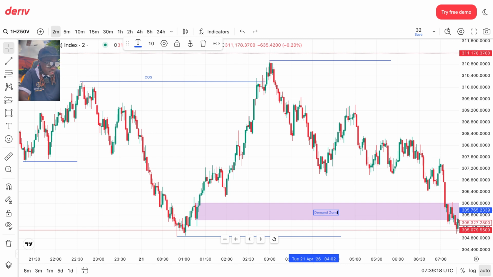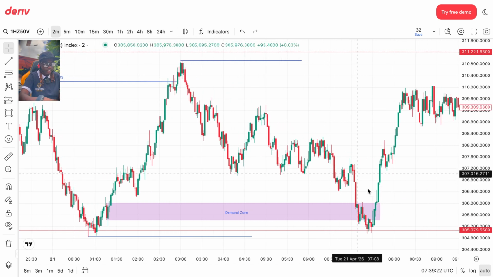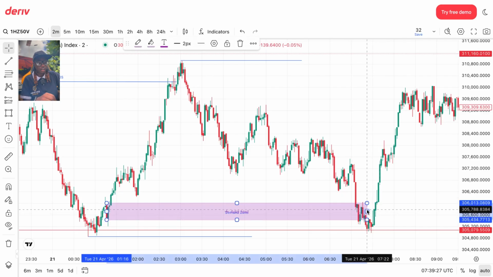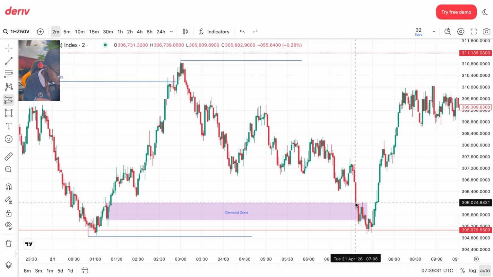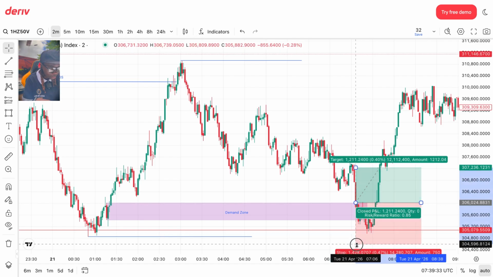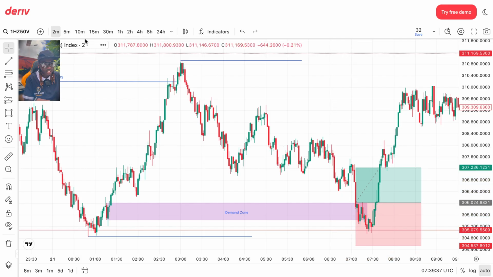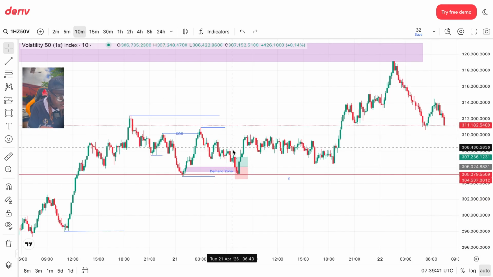like that. And after having a perfect demand zone like that, I knew market was supposed to react somewhere there and continue with my buy. So where did I place my entry? My entry was exactly at that point. I placed my stop loss just below the low. And after that, I went to target these